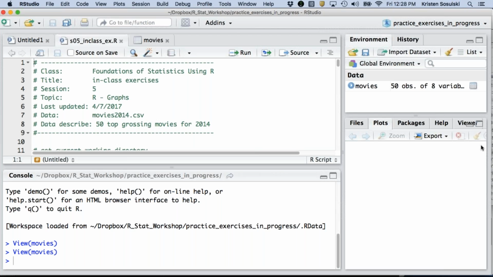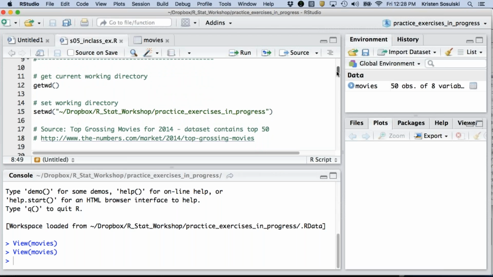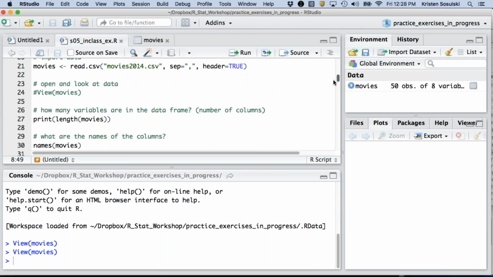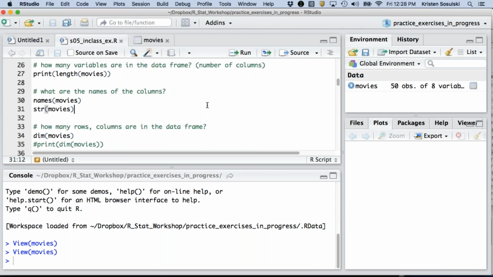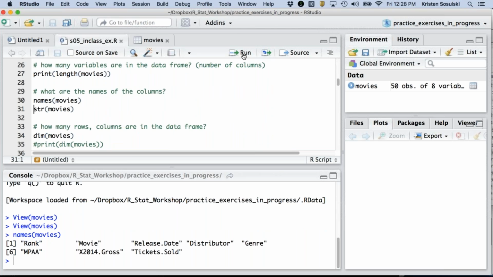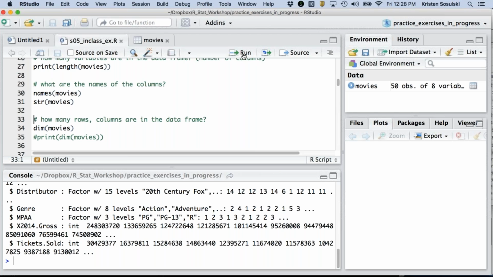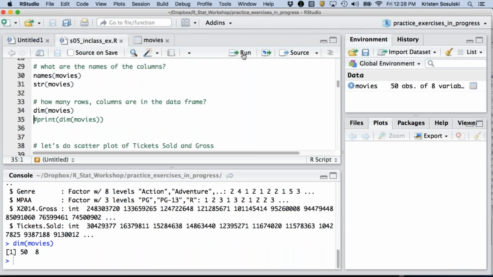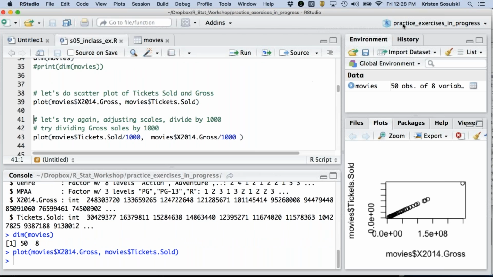So let's go over some of this. Quite simply, we've read in our data, and we're taking a look at our column names. We might want to rename them, or if not, we look at the types of variables that we have. A lot of them are factor variables. We look at the dimensions of our data frame. And then you'll notice that we do a very simple